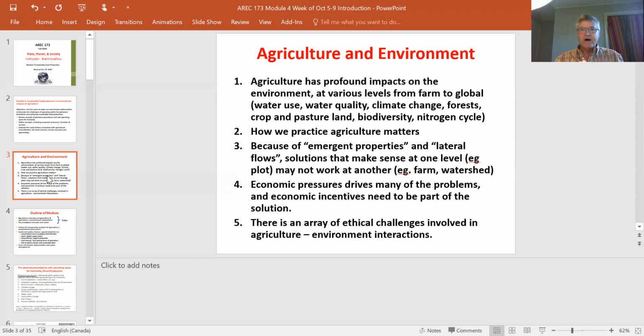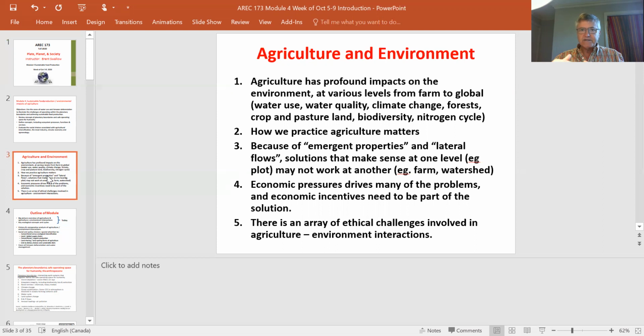Emergent properties here are things which, in ecological terms, are manifest at some scale of aggregation, but don't really show themselves at a lower scale. So that might be something like water use at a plot scale, where you may just see the water and water flows off of that. You're not too concerned about where that goes, depending on how water is used on your own field. That might have an effect on other fields, and at a watershed scale, it might cause a major problem with sedimentation, say, of a dam.